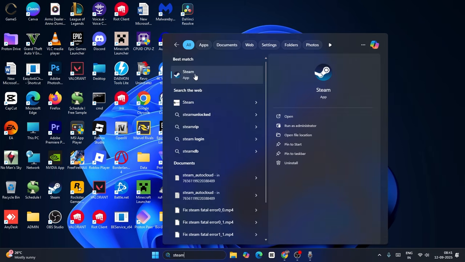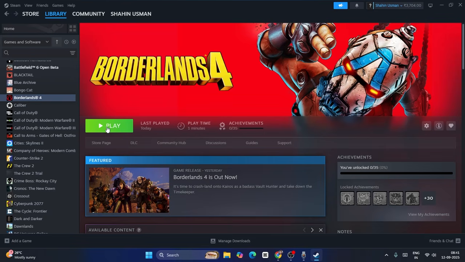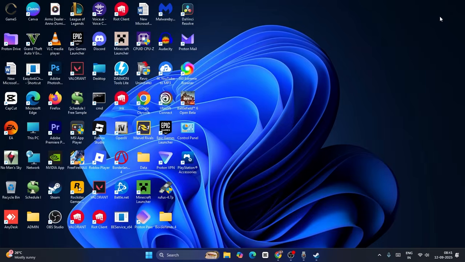You have to do the same for the Epic Games. Right click and go to run as administrator and go for yes. And this time after this, launch the game from here. That might work for some users and you can check it out, or you can try few commands in the